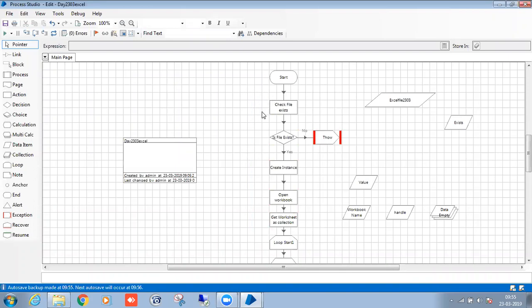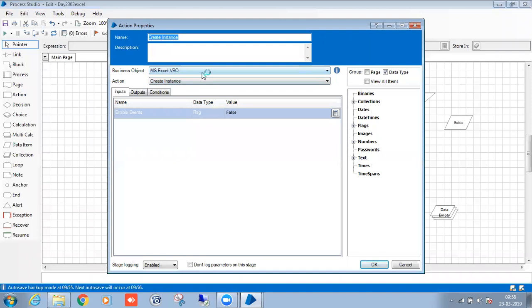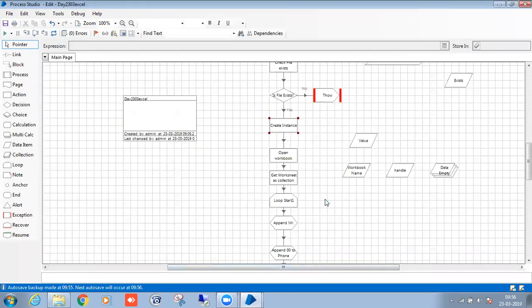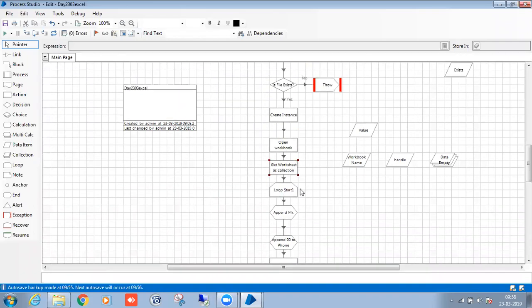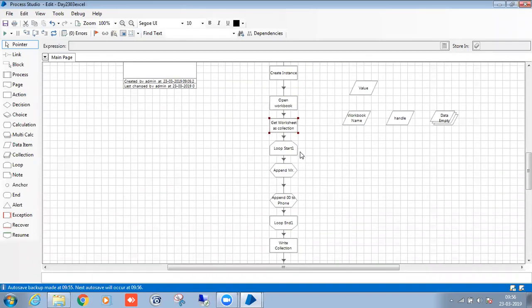Okay, related to Excel file, these are the stages. If it's Word, then this will be the common. So this will not be MS Excel, there is MS Word VBO instead of MS Excel. That's it for the Word file. The stages are common. And if you want to work on n number of data, then you have to take the loop. Otherwise, you need not take the loop, meaning you are doing some validation on the browser, then no need to take this loop. So depending upon your use case.